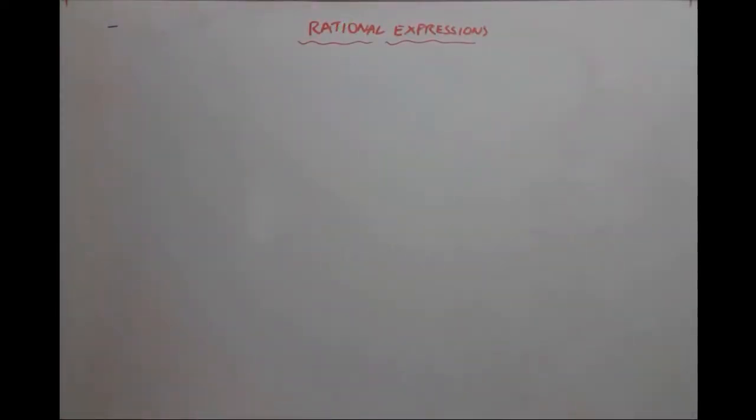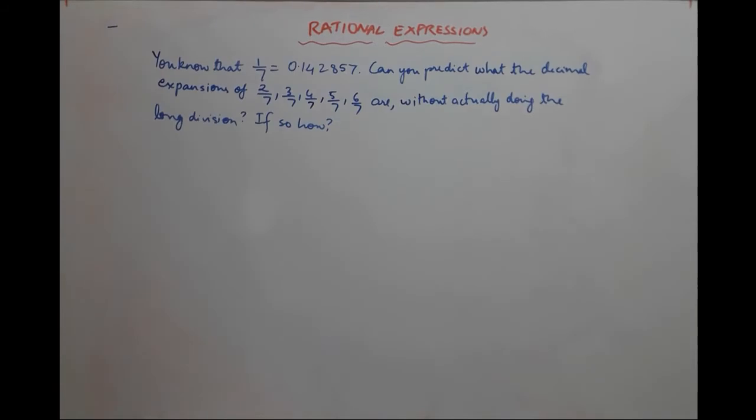Hello students, let us solve a few examples of how rational numbers are expressed in decimal form and also in the fraction form, that is p upon q, where p and q are integers and q is a non-zero integer. Our first question is, you know that 1 upon 7 is equal to